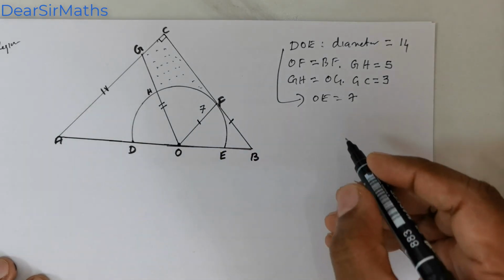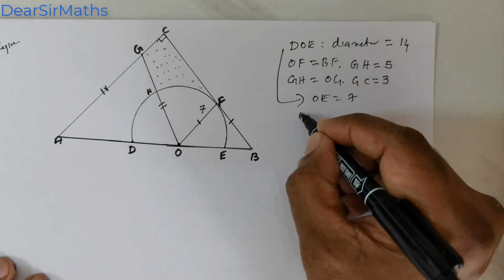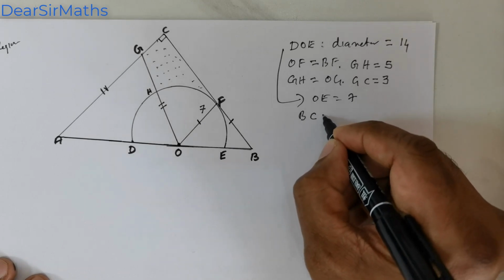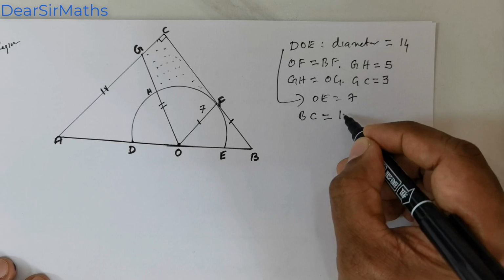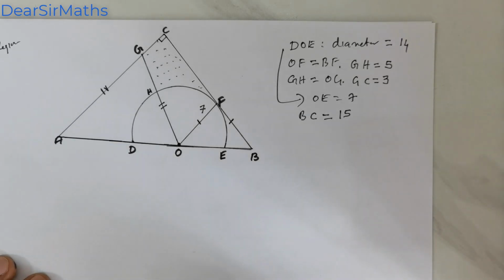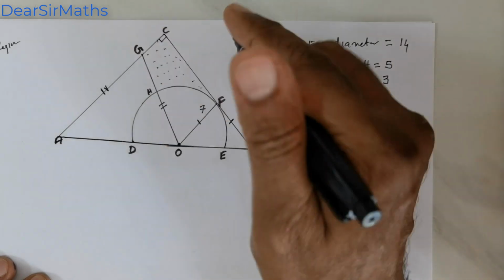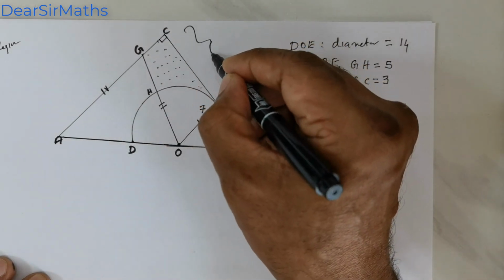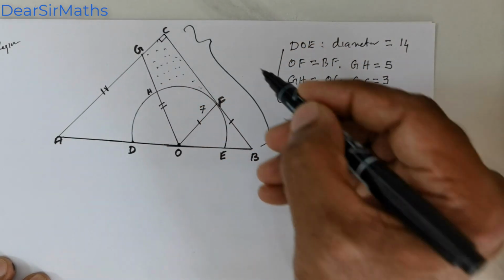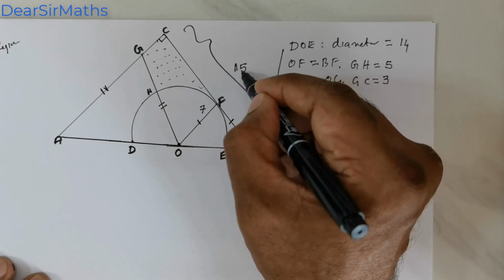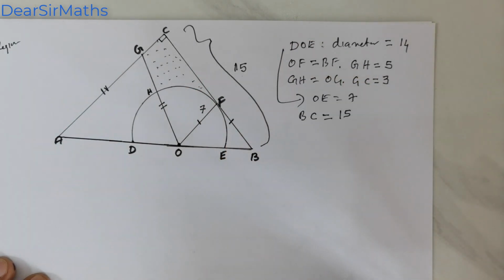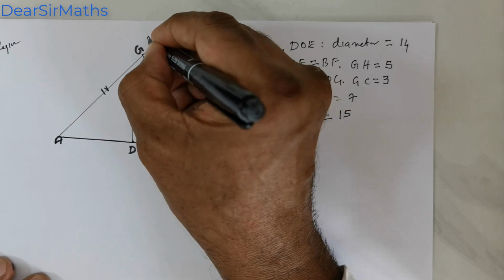And we are also given BC. The value for BC is 15 units. So this entire length is given to be 15 units, and then GC is 3 units. This is 3 units,